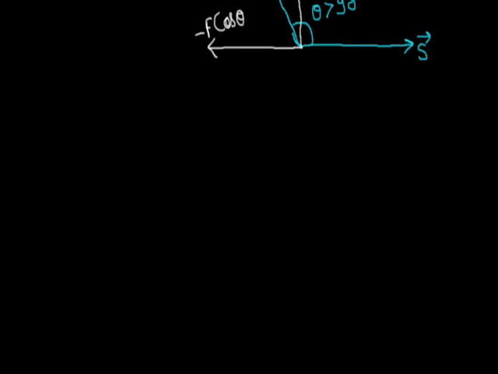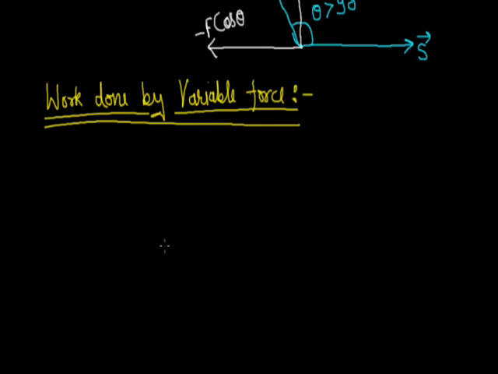Now the next topic is work done by a variable force. We have calculated work done by a constant force. Let us now consider a force which always acts in one direction but whose magnitude may keep on varying. Consider the direction of force is along the x-axis. Further, let us assume the magnitude of force is also a function of x, or say F(x). To calculate the total work done by a variable force, let us draw a graph.